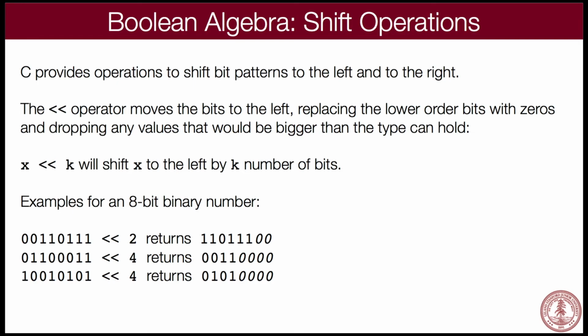Okay. We have left shifting is actually the easy one. I just showed you that one. Right? If you left shift this number by 2, you shift it over 2 places, okay? And that means that the top 2 zeros are going to drop off, and the bottom 2 zeros are going to come in as zeros, and you've just shifted it that way. Do you see how the shift happens in that case? If we shift the bottom number here, 1, 0, 0, 1, 0, 1, 0, 1, by 4, well, these 4 are going to go away. The number's going to start with 0, 1, 0, 1, and the rest is going to be zeros. Pretty good with that? It's not too bad.